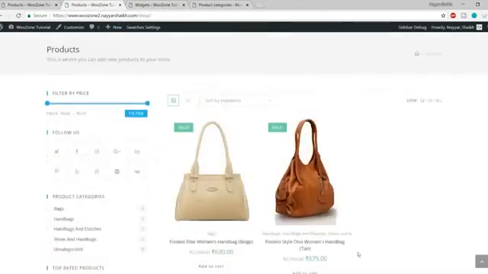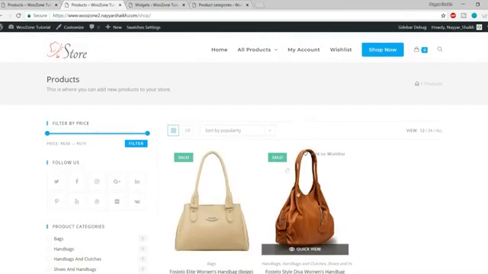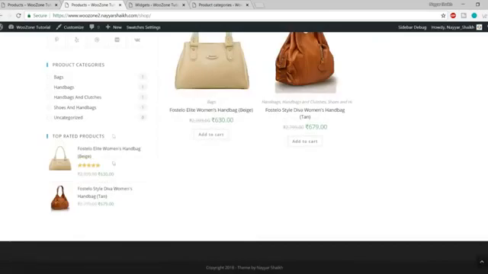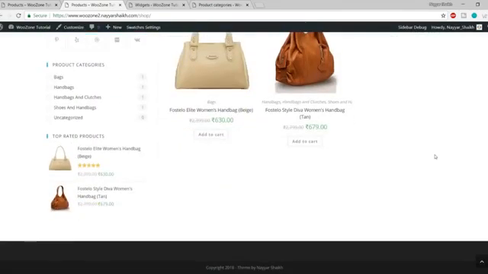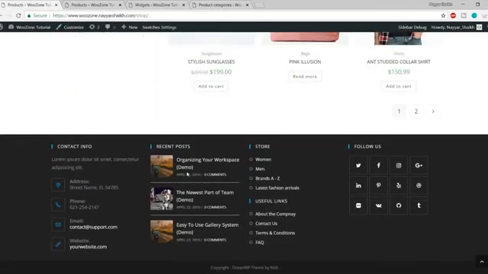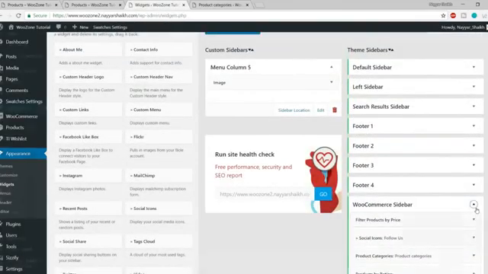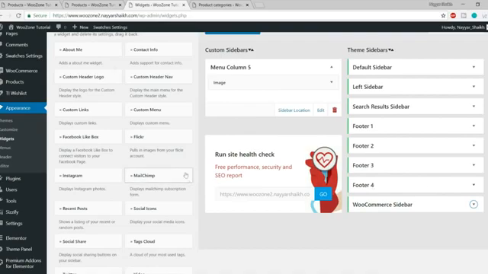Okay, so with this we have also completed the shop page, how you can display the shop page and a different sidebar for it. Now let's do the final thing, which is to change the footer widgets. We have some widgets used in the footer. Let's add these widgets. Again, in the same page under footer one, what we'll do first